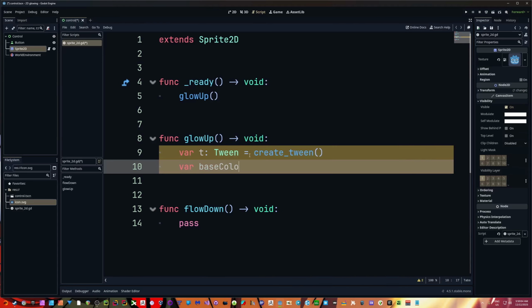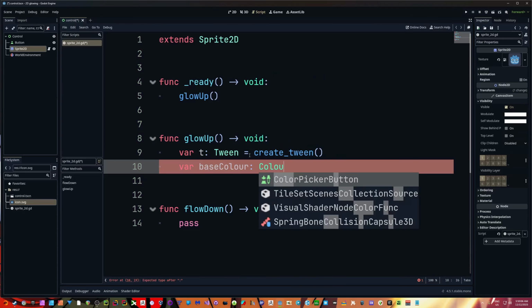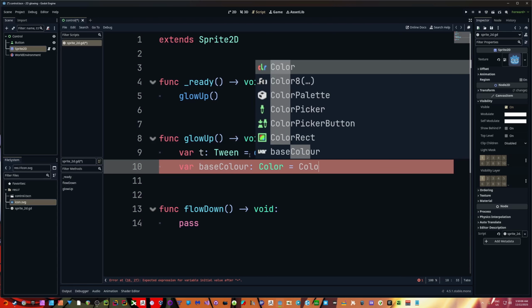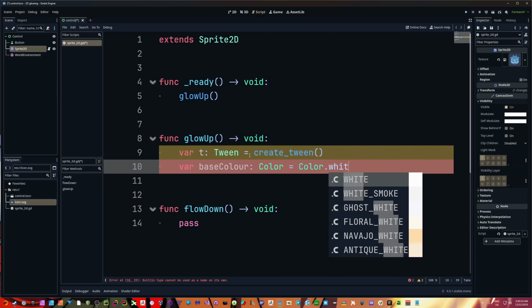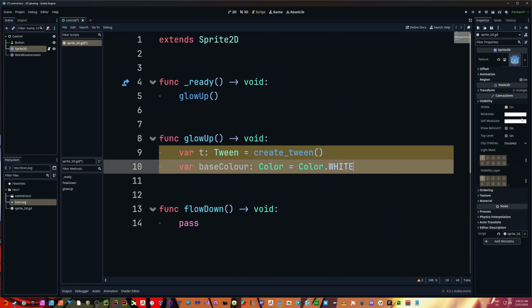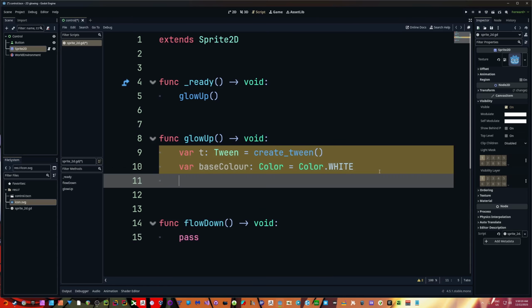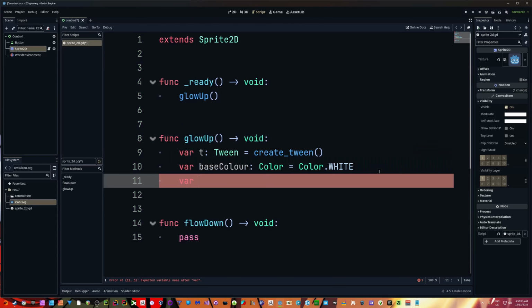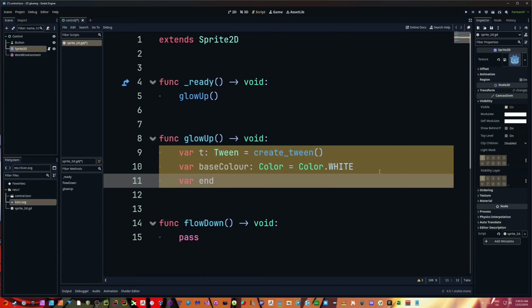Of course, it's going to be a color, and we can just leave that as color.white because that's what it is by default here. Because we're just going to use the self-modulate for this specific instance. Right? And we need an ending color, so what we're going to end on. Because when you're tweened, you're going to start at one value and you're going to move it to the next. So we're going to say end color